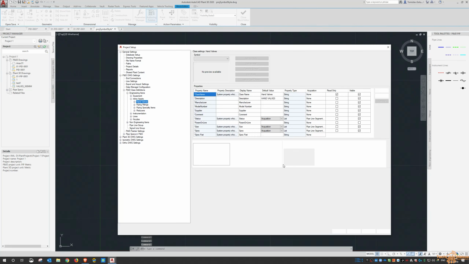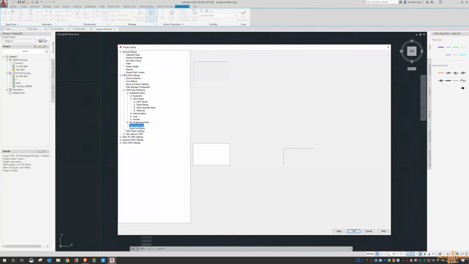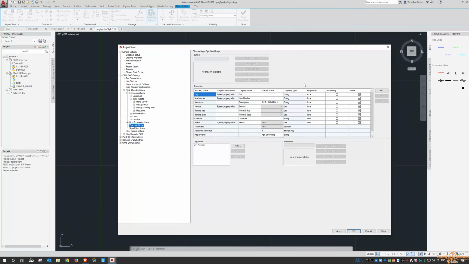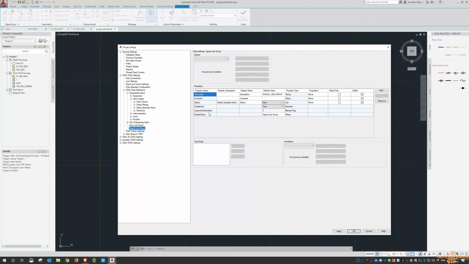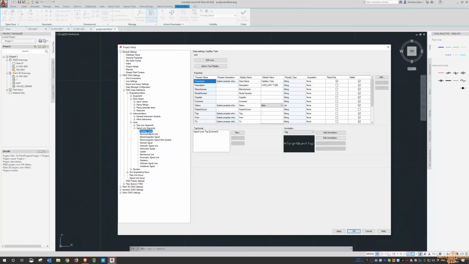So just closing out of the block editor brings us back to here. There's also other settings for pipeline group, for the signal line group. In recent years, Autodesk gave the ability to add OPC, so off-page connectors, to the signal lines. So if you do need to,